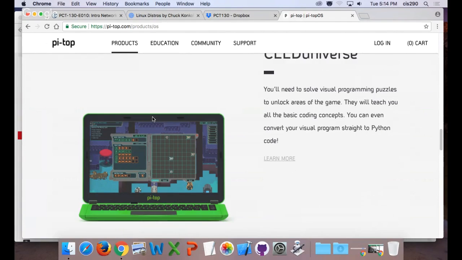So anyway, I could go all day on Pitop. It's a pretty cool company. It started out with 4 guys. They now have like 125 employees. And I'd like to go over there sometime just to visit their campus. And so that would be pretty awesome. Go to London and visit the Pitop organization.